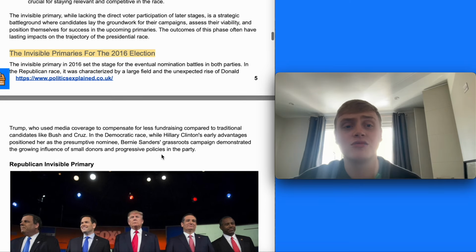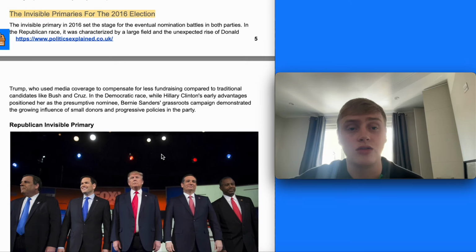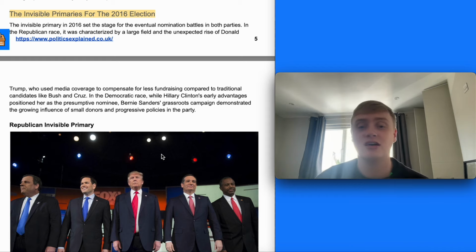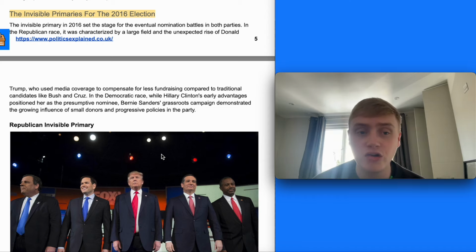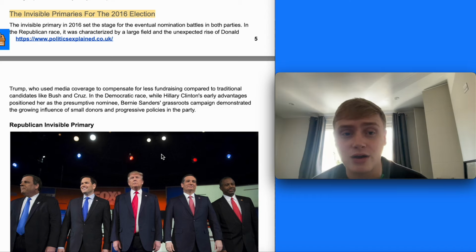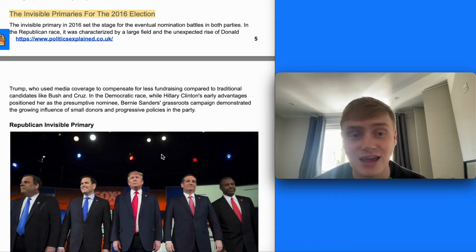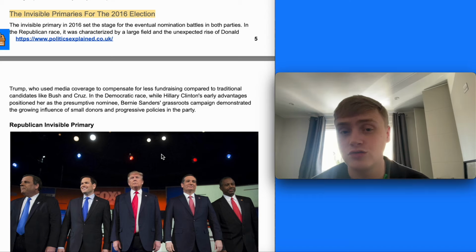If we look at the invisible primary for the 2016 election, or the invisible primaries, because there's one on the Democratic side and one on the Republican side, as there wasn't an incumbent. In the Republican race, it was characterized by a large field and the very unexpected rise of Donald Trump, who used media coverage to compensate for less fundraising compared to traditional candidates like Bush and Cruz. In the Democratic race, Hillary Clinton's early advantages positioned her as the presumptive nominee at this stage. But Bernie Sanders' grassroots campaign demonstrated the growing influence of small donors and positioned him as an effective challenge to